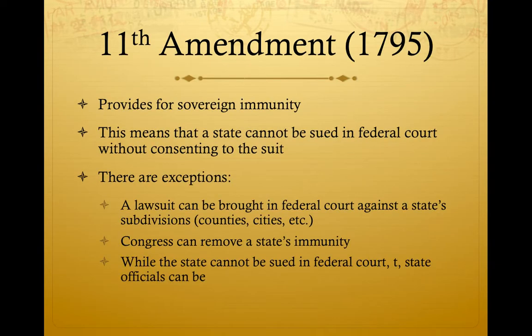We're going to begin with Amendment 11, passed in 1795, back when the country was still very young. The 11th Amendment is somewhat complicated. It provides for something known as sovereign immunity. This means that a state cannot be sued in federal court unless it agrees to be sued, which sounds very